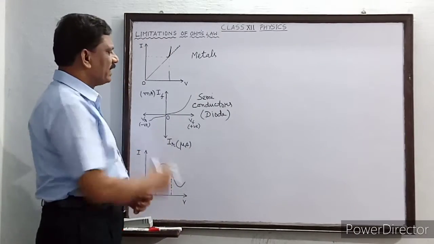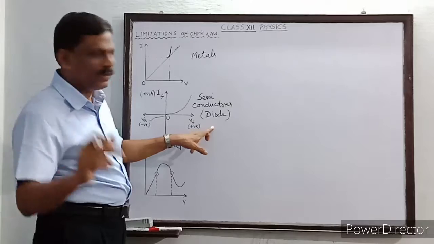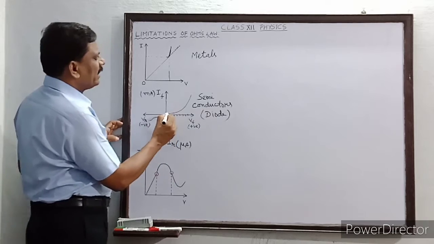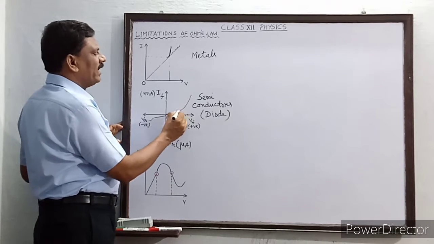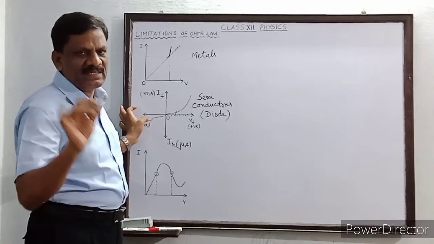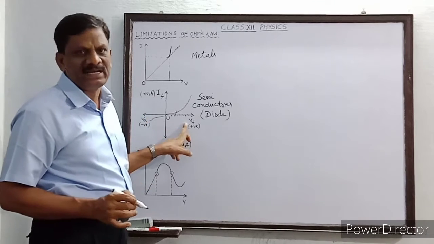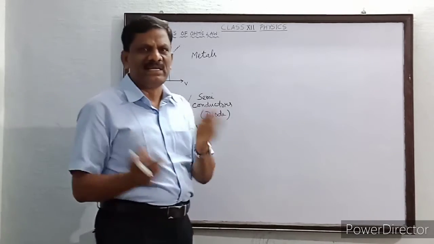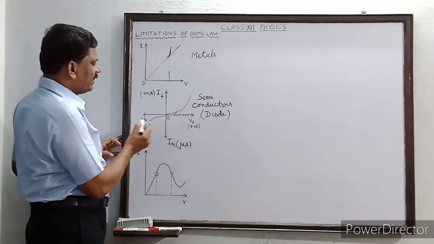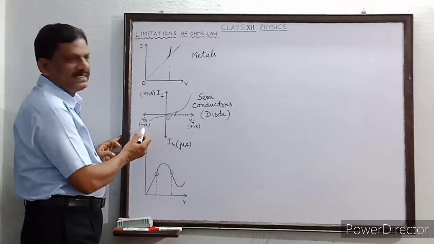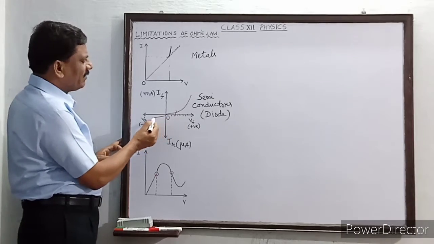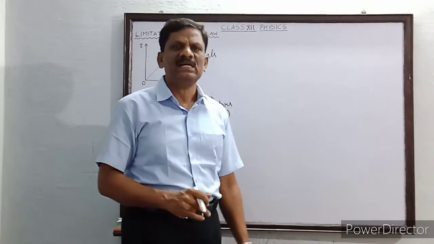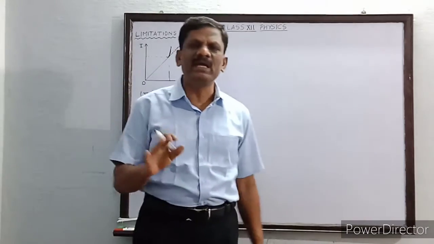Anyhow, in this graph drawn for a semiconductor such as a diode, you can see that the voltage is first increased in the positive axis. The current is straight up to some extent. After that it is going along a curved path. That means it is not directly proportional to the voltage anymore. Again, when the voltage is reversed, that is when the plus and minus terminals are reversed, when negative or reverse voltage is applied to the diode, the pattern of the graph is different. So we can very clearly understand from the graph that these semiconductors do not obey Ohm's law.